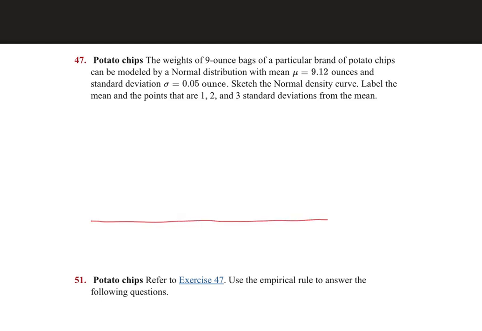I'll kind of make this big, so we have enough room to label. So it doesn't have to be perfect, but just some kind of bell curve. Okay, right in the middle. For a normal curve, the middle value is the mean, median, and mode. But for us, we're concentrating on the fact that it's the mean. And then,